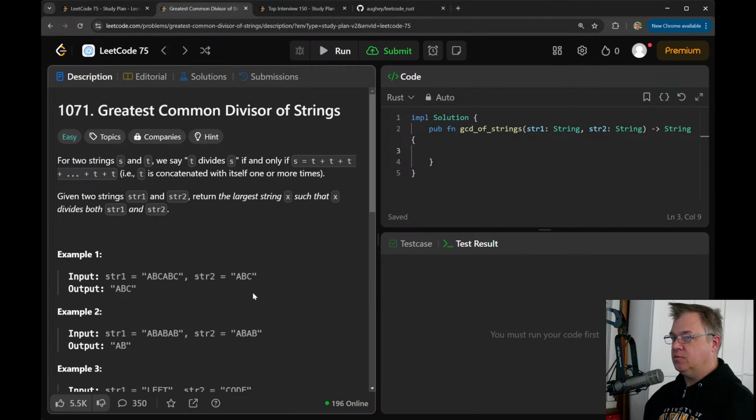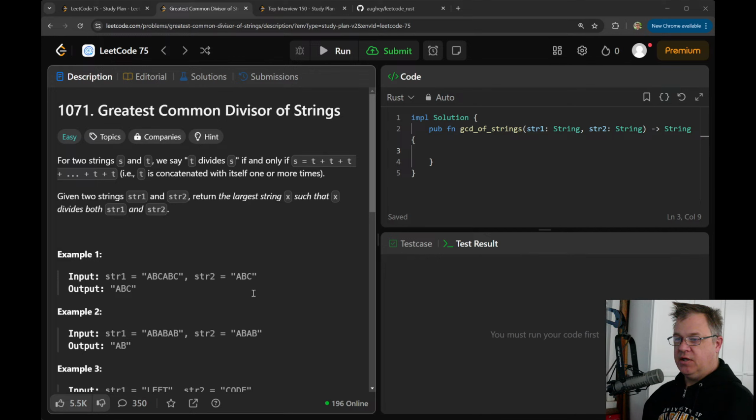T is what we're testing, right? Yeah, T is going to be concatenated. So this is where ABC is going to divide ABC and ABC. Good.